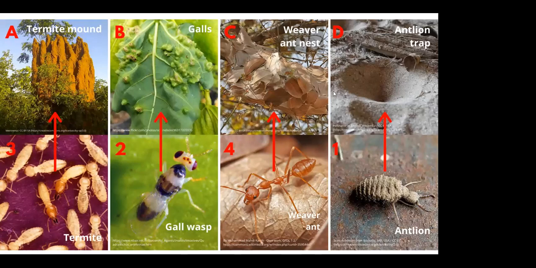The last one, D, is an antlion trap. Now, antlions are very interesting insects. This is the larva of an antlion, which means it's not fully grown, but it is a very, very hungry insect, and it really needs to eat all the time. So what an antlion larva does is it makes a little hole in the ground here, and this hole is cone-shaped. Now, if you were standing on this edge of the hole and you slipped, you would probably fall inside, right? And that's the antlion larva's plan. This is what it plans for all the ants that come around. So what happens is ants come near this burrow and they're very interested in it.